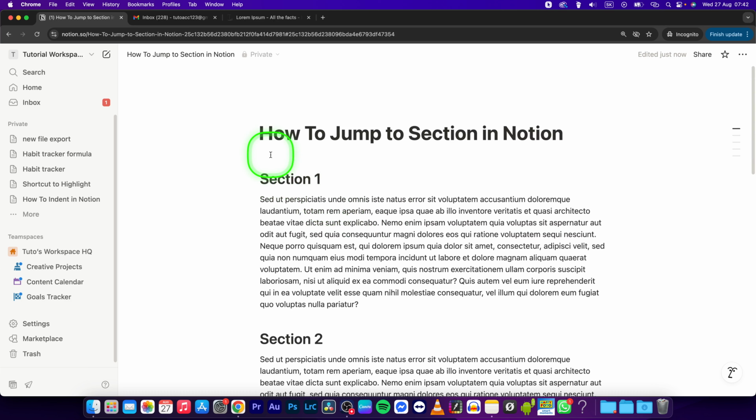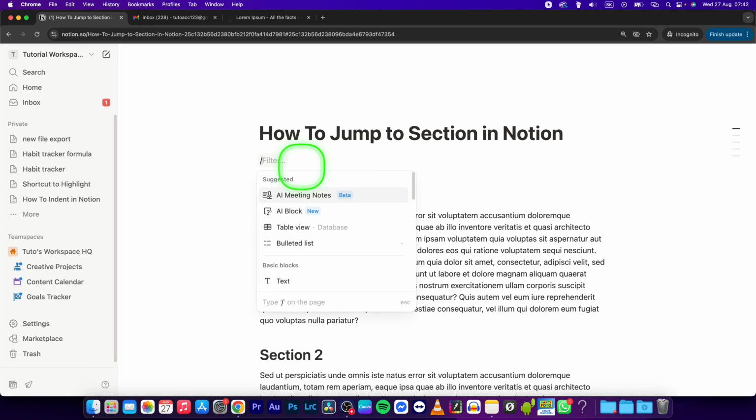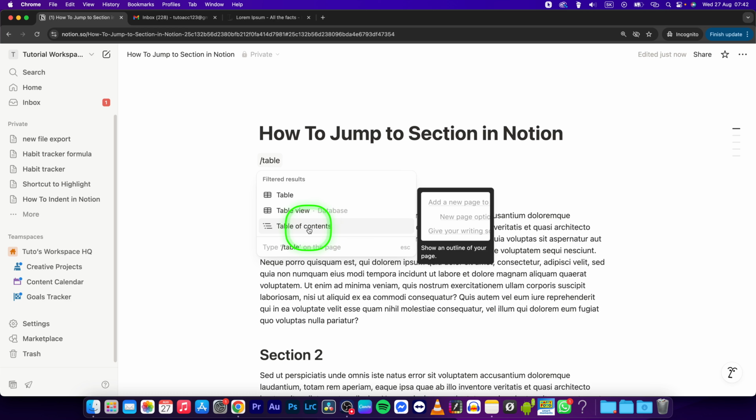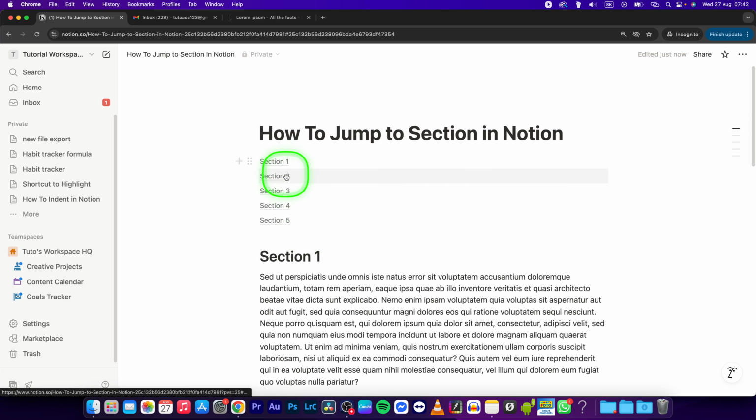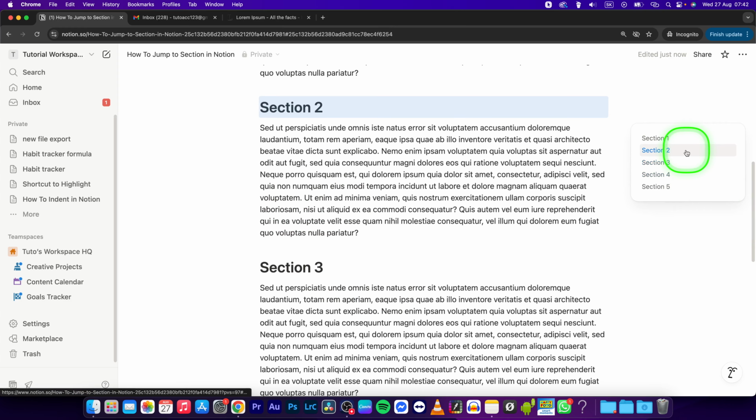Now, in order to create a jump to section link, first place your cursor at the start of your page, press enter, and now place your cursor above it. Then type backslash and table of contents. Click on it. Now, as you can see, it created this table of contents, and let's say I want to jump to section 4. I can click on section 4, and here it will appear this table of contents to the right, and I can jump to any section that I want in my